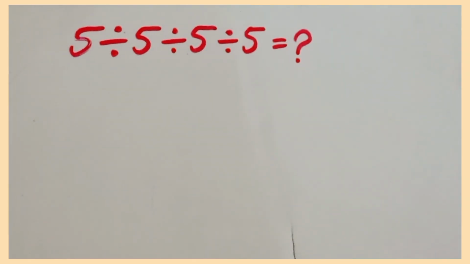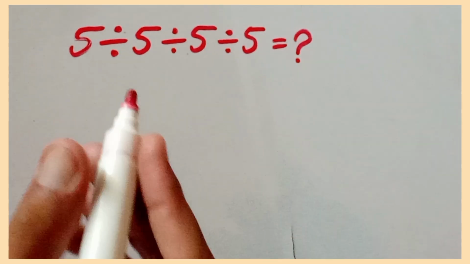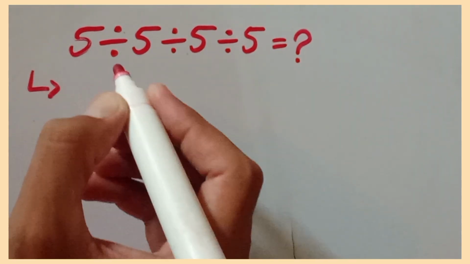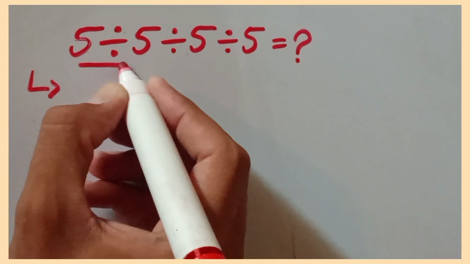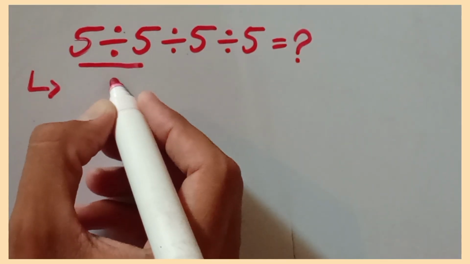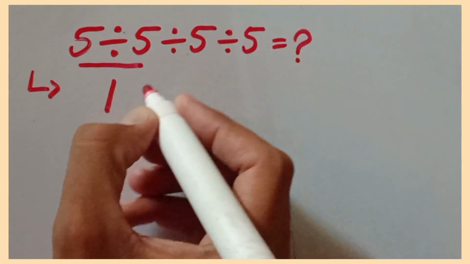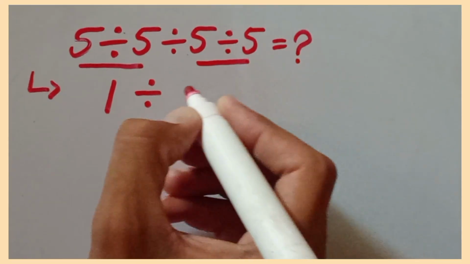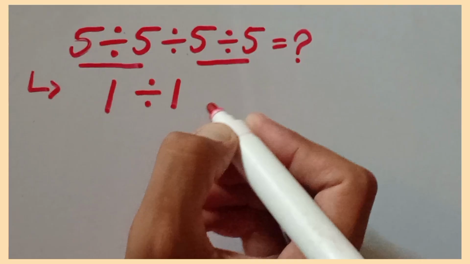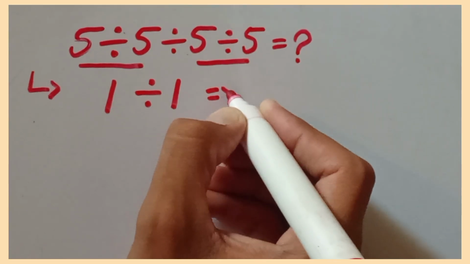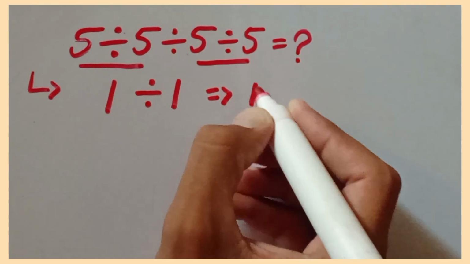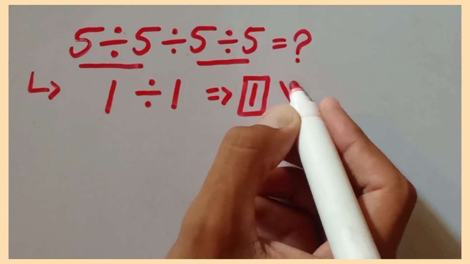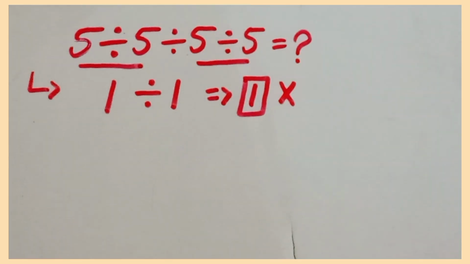Okay, so most people can make this mistake: they write 5 divided by 5, which is equal to 1, divided by 5 divided by 5, which is equal to 1. And now 1 divided by 1, which is equal to 1. But student, this method is wrong, because